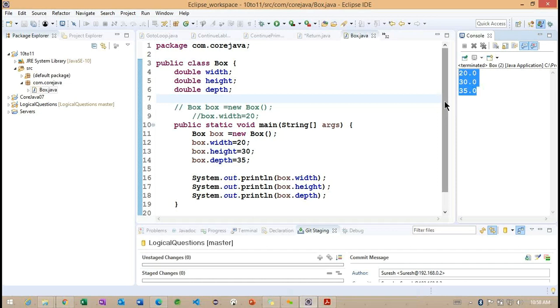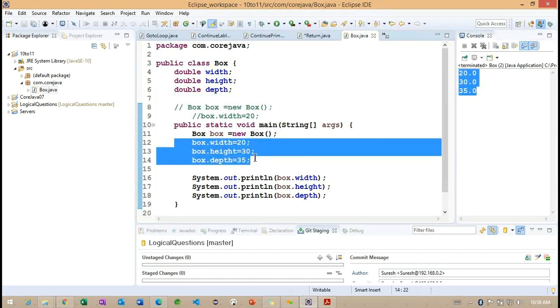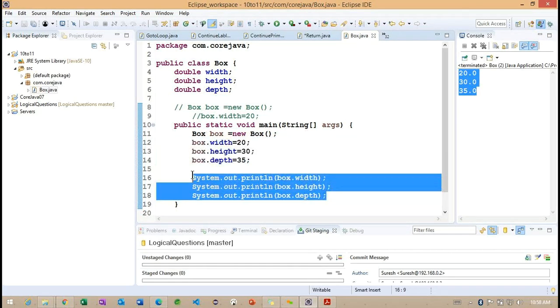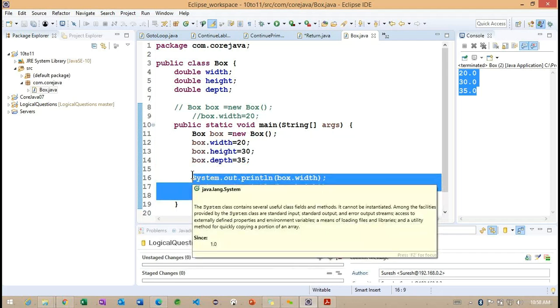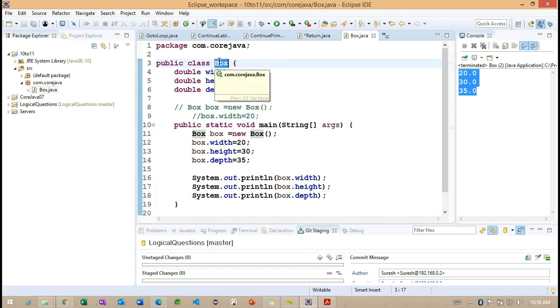This is the way we can initialize the class level variables, called instance variables, and after initializing we can access them using the reference of this Box class. So this is how we work with object creation, and after creating an object we change the value. Day to day we will work with this Box class.